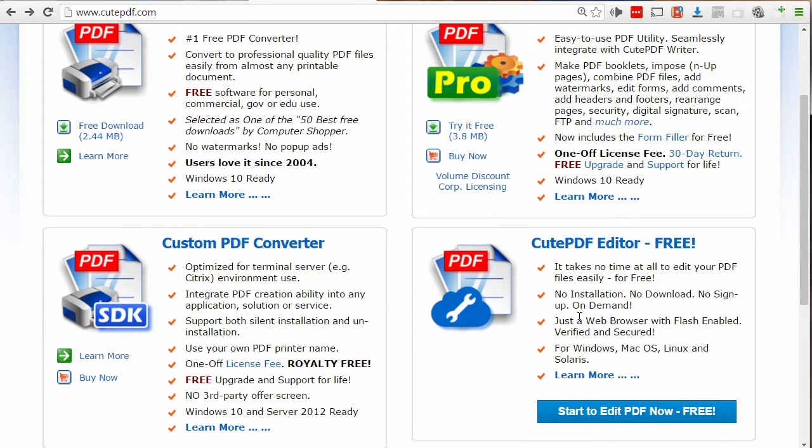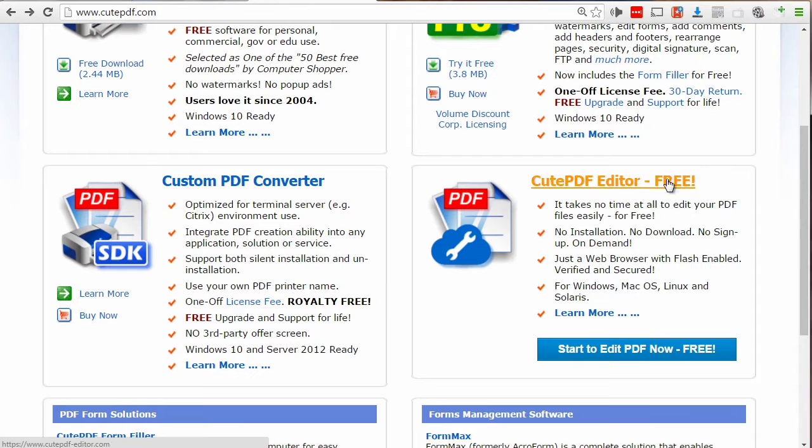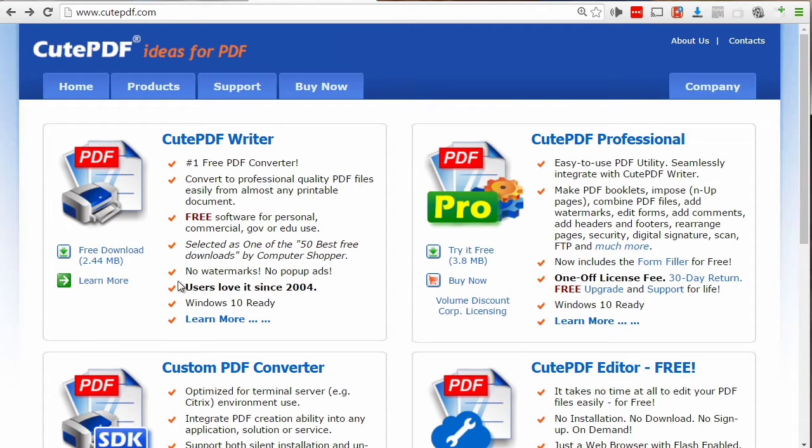Now, there are other softwares out here, such as the CutePDF Editor, which is free, and the Custom PDF Converter. You don't really need this unless you are going to build a piece of software that you want to have the ability to convert PDFs. So really what it comes down to is, to make this process work, you need to go ahead and download this. So click on free download and go ahead and install that, and then you will need the CutePDF